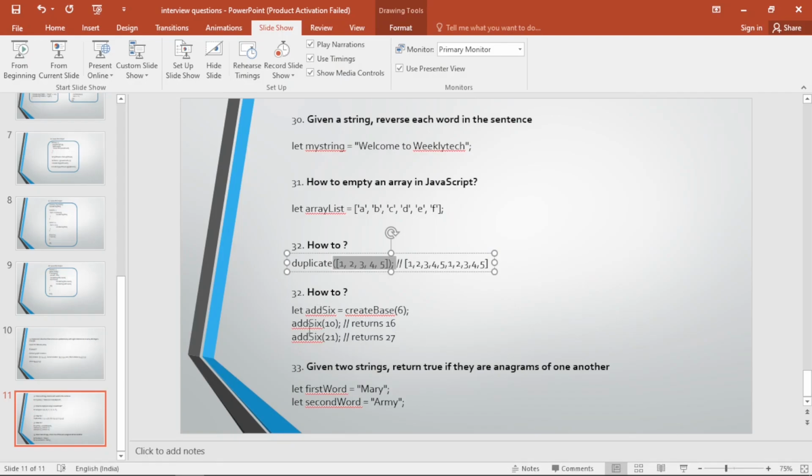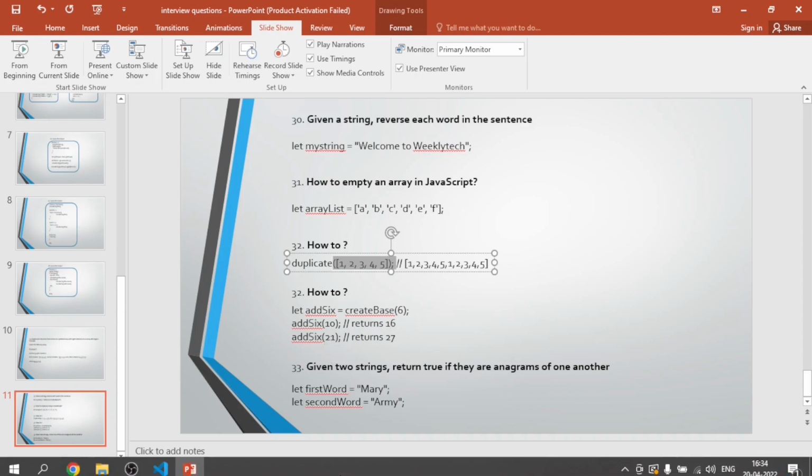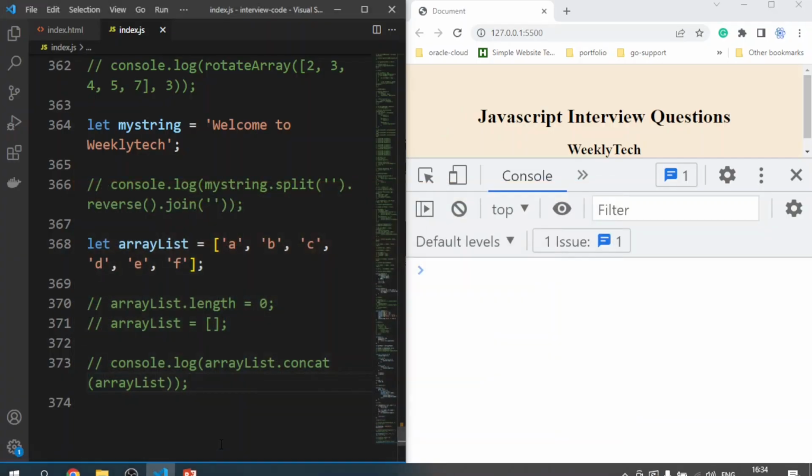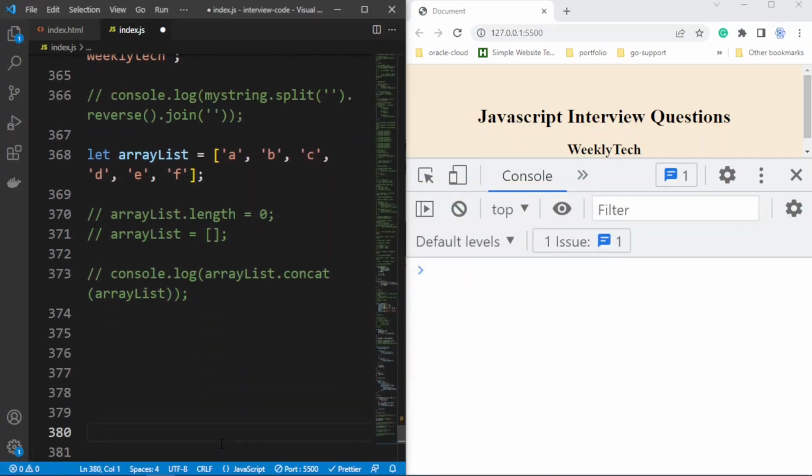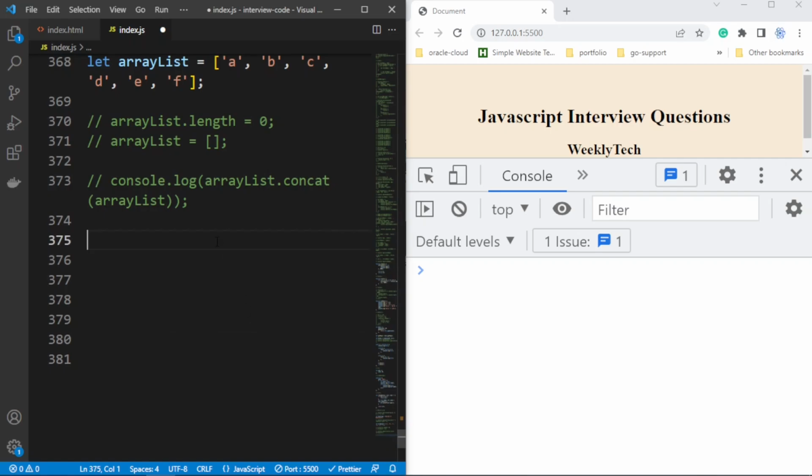Now let's move on to our next question, that is, let add6 = createBase(6), and then add6(10) will return 16 and add6(21) will return 27. Okay, so this is a classical question of closures. We'll do it. So first we need to create a function createBase. So let